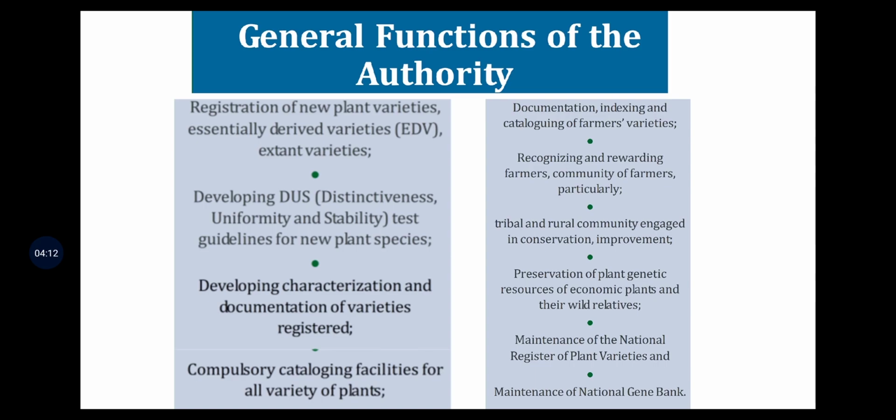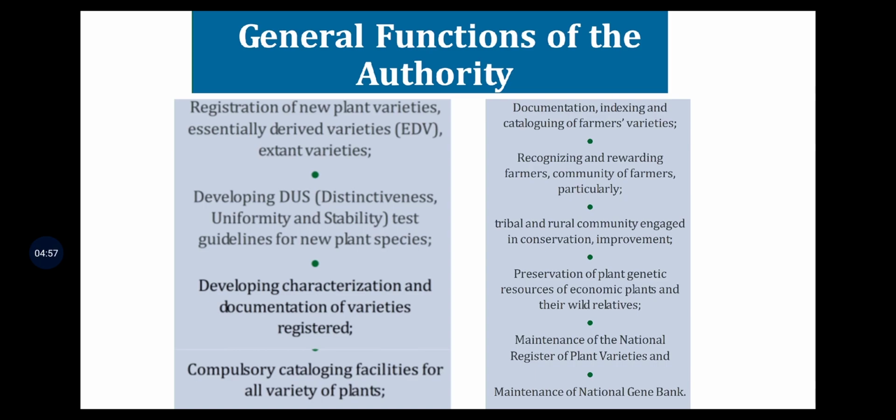Then developing DUS test guidelines for new plant species, that is distinctness, uniformity, stability and novelty guidelines for different crops. Along with, they'll collaborate with the institutions or national bodies which are working on a particular crop, and they will prepare the guidelines. Developing characterization and documentation of varieties registered, compulsory cataloging facilities for all varieties of plants, then documentation, indexing, cataloging of farmers' varieties, recognition and rewarding farmers, community of farmers, particularly tribal and rural community engaged in conservation and improvement,